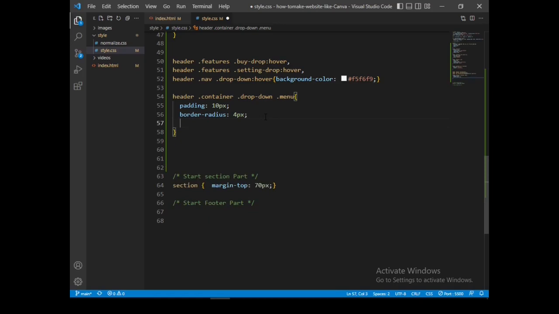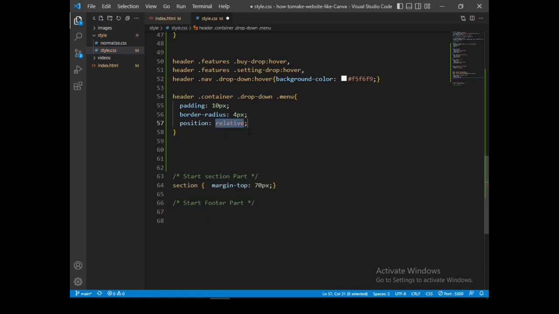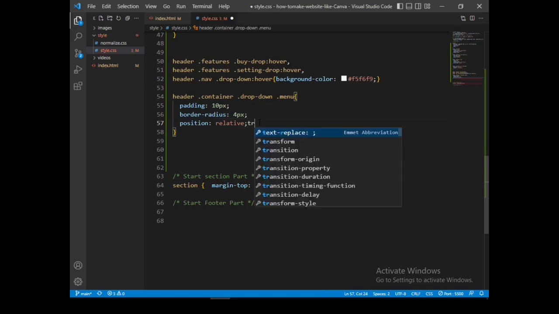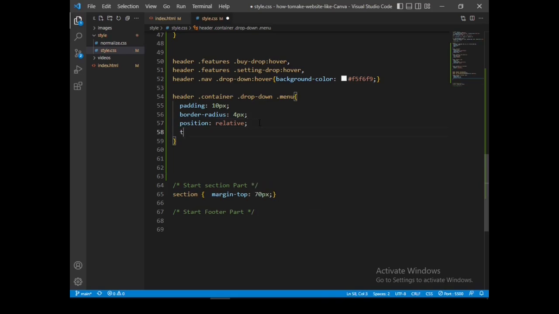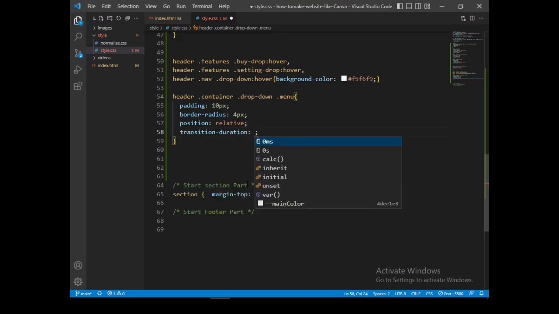Let's set the position to relative, and I also want the transition duration. Let me set it to 0.2 seconds.